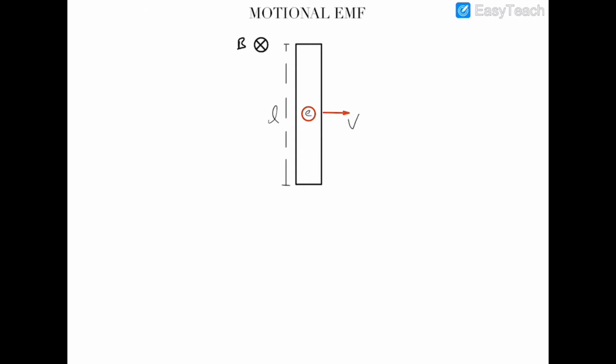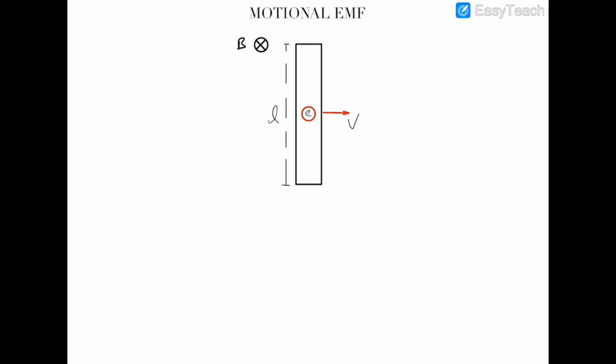Now just imagine there is a magnetic field in this complete region, and I have denoted it only at a single point, and this is understandable that by denoting it at a single point I am denoting the complete regional magnetic field. Now this rod is moving in this magnetic field in such a way that the length of the rod, the velocity of the rod and the magnetic field, all three are perpendicular to each other. And obviously this rod is a conducting rod, and therefore it will have free electrons inside it. Let us analyze a single free electron.